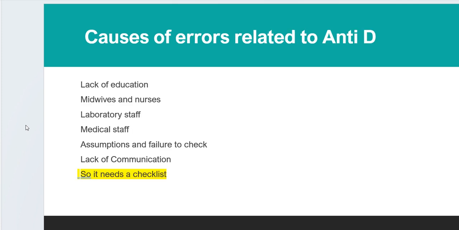So what are the causes that lead to delayed anti-D administration? It can be a sub-question in the FRCPath scenario. So you should remember or enumerate a few causes to get marks. So the common causes are lack of education. Maybe there is a junior staff who don't know about the significance of FMH and may ignore it, and this